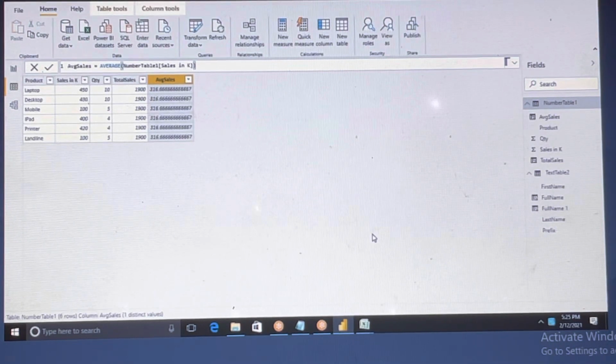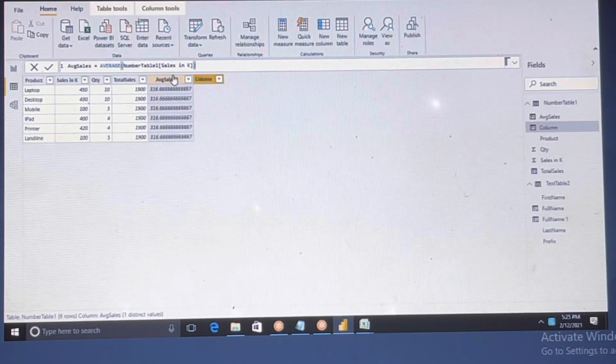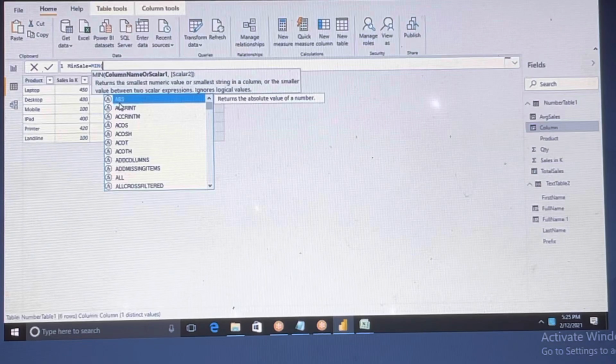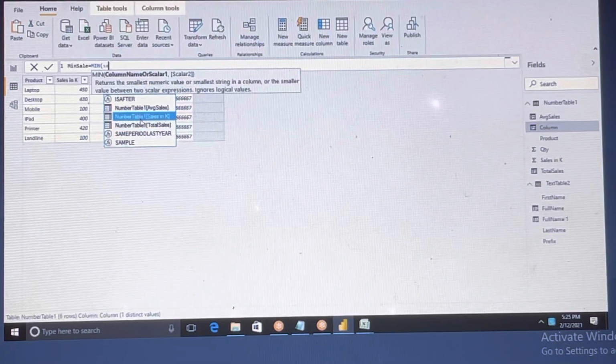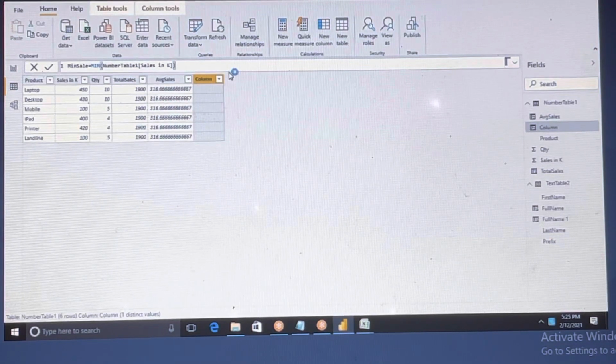Okay, min and max, you understand, right? You can do that. The same thing, min and max, you can use that. Min sales. Okay, min sale. You can have that minimum. You can use it the same way. So for now I will use the numbers table and click OK. This one you can do, but I will show you the divide. See, the minimum sales is 100 only. Out of all these things, 450, 430, 400, 420, 100 only we are getting. In a similar way you can use it for max also.